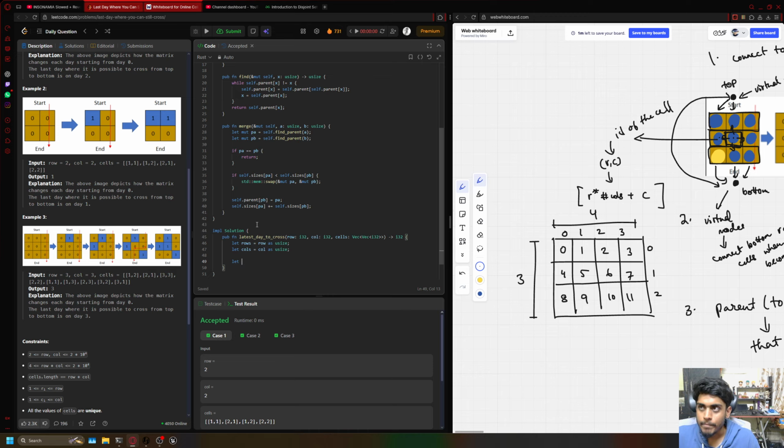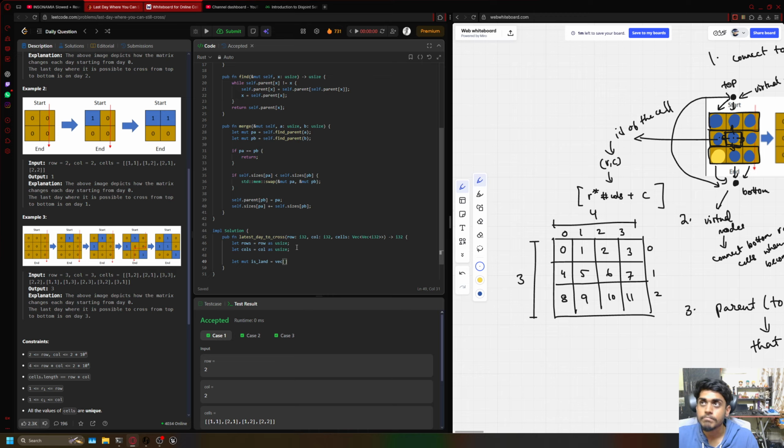Since I'll be storing the IDs, I need a data structure that can tell me, if I give you this cell ID, whether that cell is a land or it's flooded. So I can have a data structure that can tell me whether that cell value is a land or not. This will be a mutable value. So I'll say is land, and this is a vec of